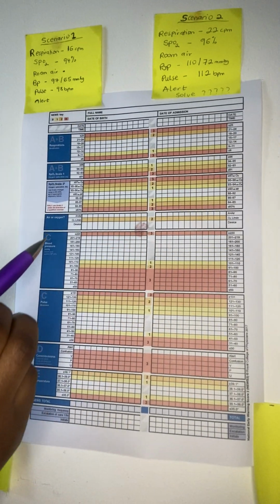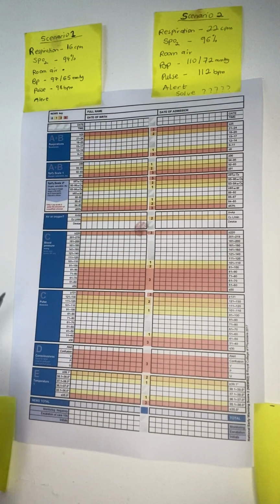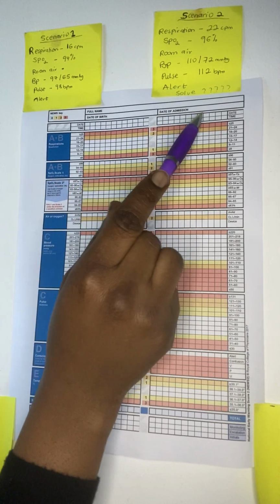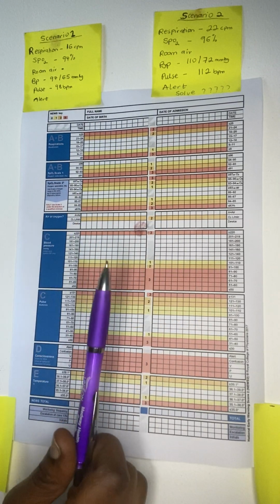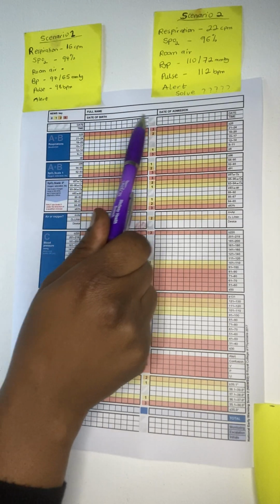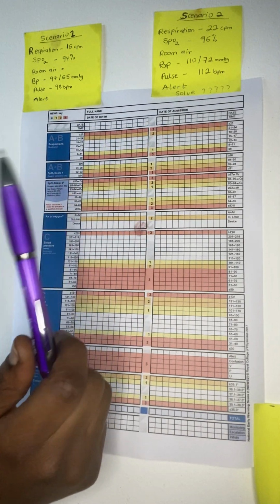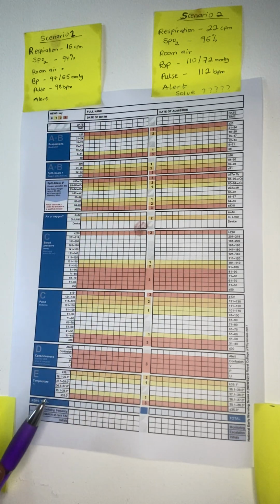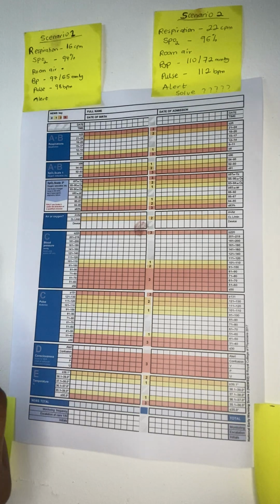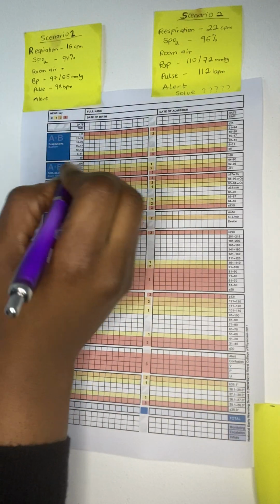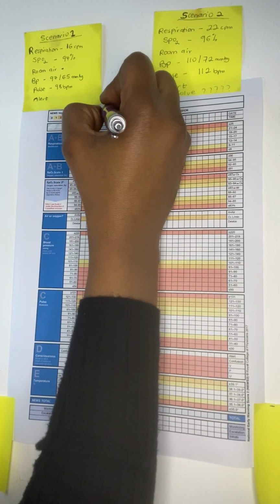So the focus should not be just filling it. There are details here like full name, date of birth, date of admission. You can literally be asked to go back to reset this paper just because you forgot to write these things, date and time and all of that. Okay, so just start from the top and work your way down. All right. So today I'm going to assume that the patient's name is Joseph Jones. Let's take it like that. Joseph Jones. So the full name is